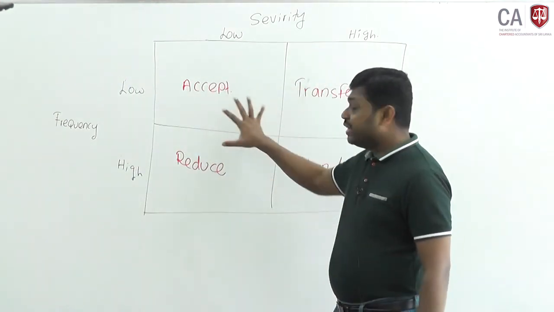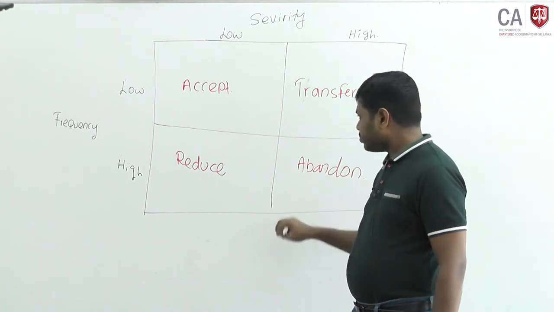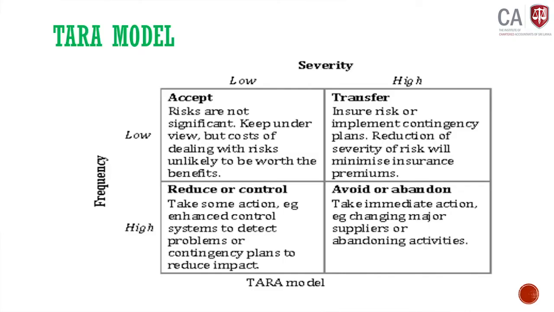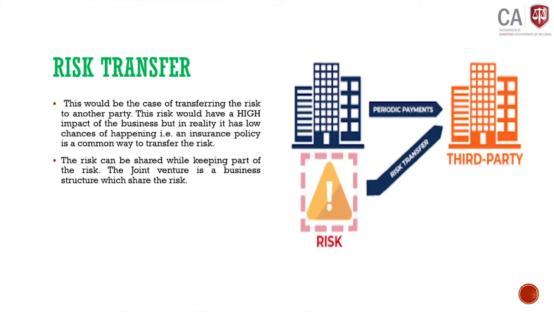You have to look at the frequency and you have to look at the severity. Based on that, we have to decide what action needs to be taken. Okay, we will discuss one by one. Risk transfer. TARA. Transfer. That means severity high, frequency low. The example,